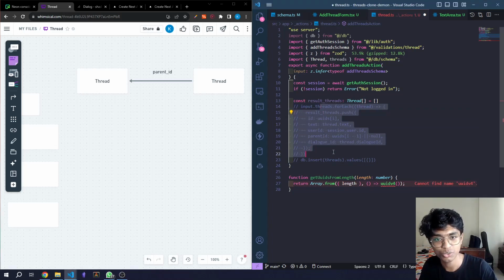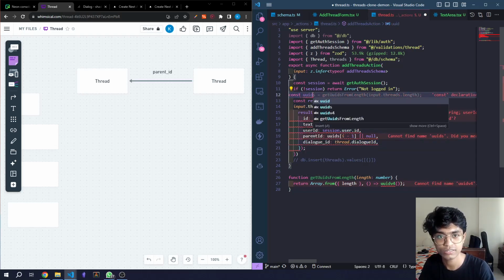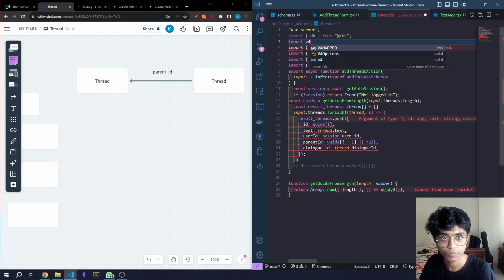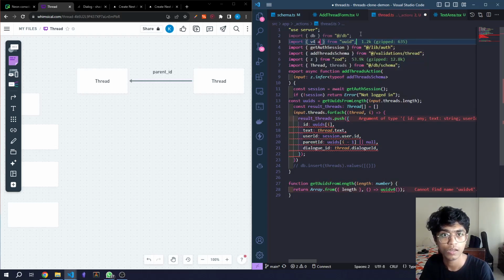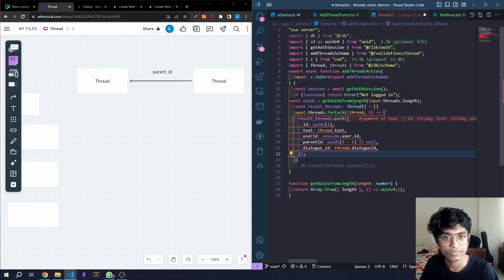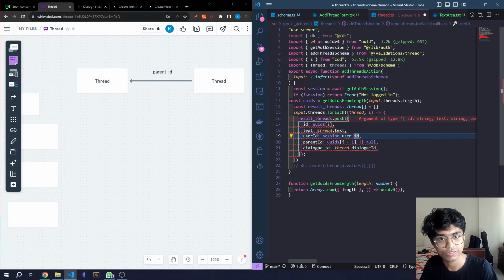So let's do that, and let me just show you what I mean by this. Let me say i right here. And UUIDs doesn't exist right now, so let's get it. Const uuids equals, get the length from here. And let's import v4 from uuid. That's it. Now we have a list of UUIDs,